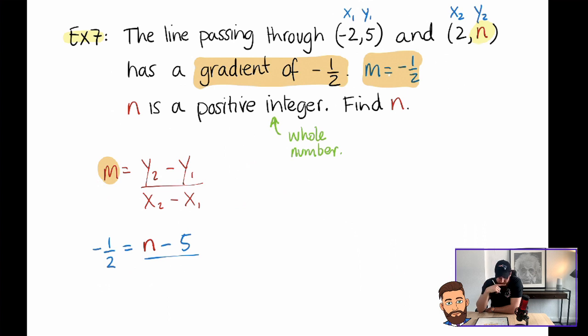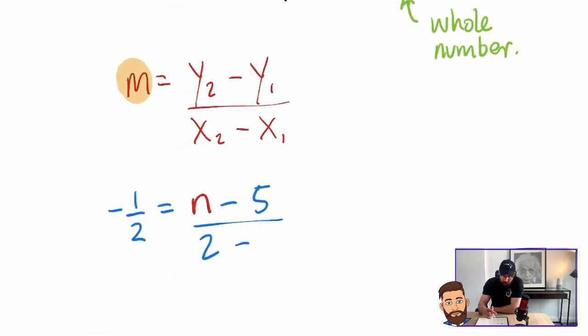Divided by the second x coordinate, which is 2, minus the first y coordinate. Now be very careful with the x coordinate. What does that say? Minus 2. And what we spoke about earlier was, if you've got a minus and a minus, you have to make sure you